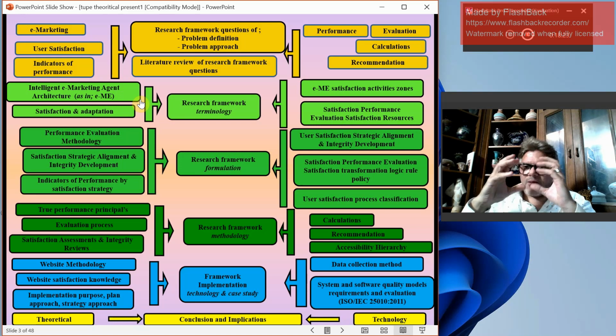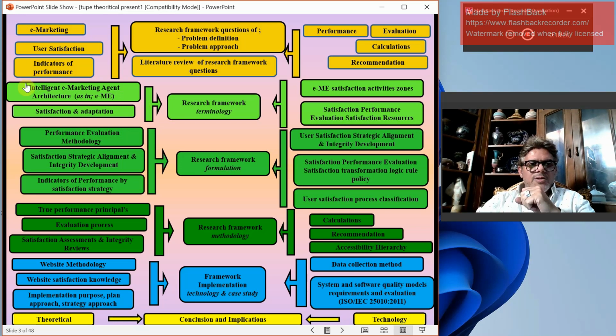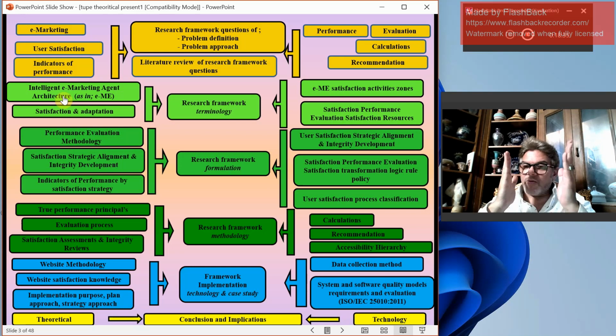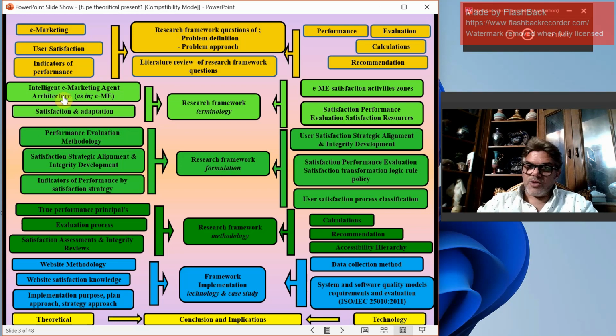So in the whole environment, we're going to call it intelligent e-marketing agent architecture. So there is an e-marketing in the business, there is an e-marketing in the product, and of course, when the user sends back a message to the business, which could be positive or negative, it is again e-marketing, meaning the user will influence the business for improvement, by positive or negative, so he can reproduce the product again. Okay, let's see the